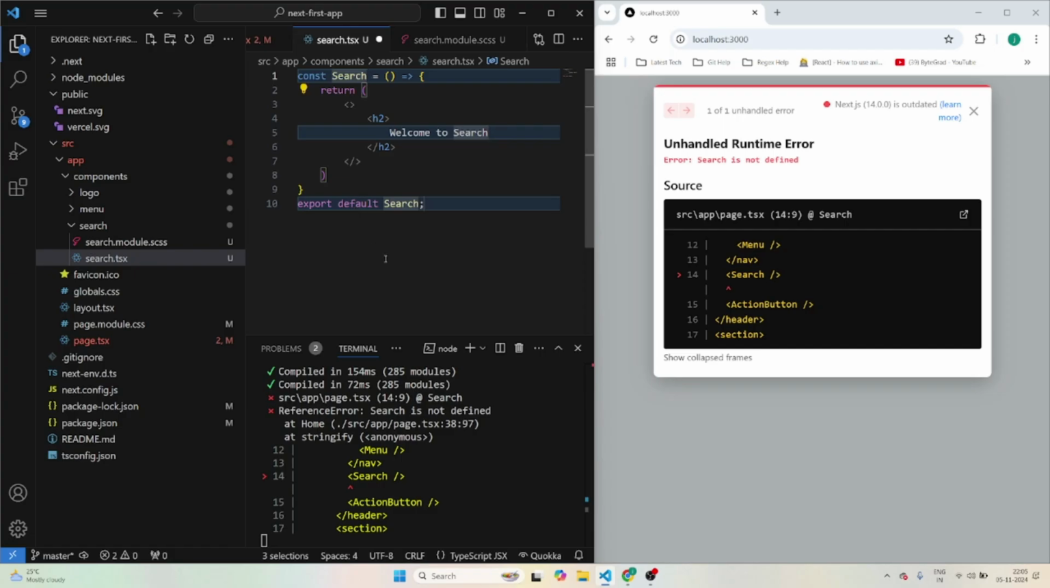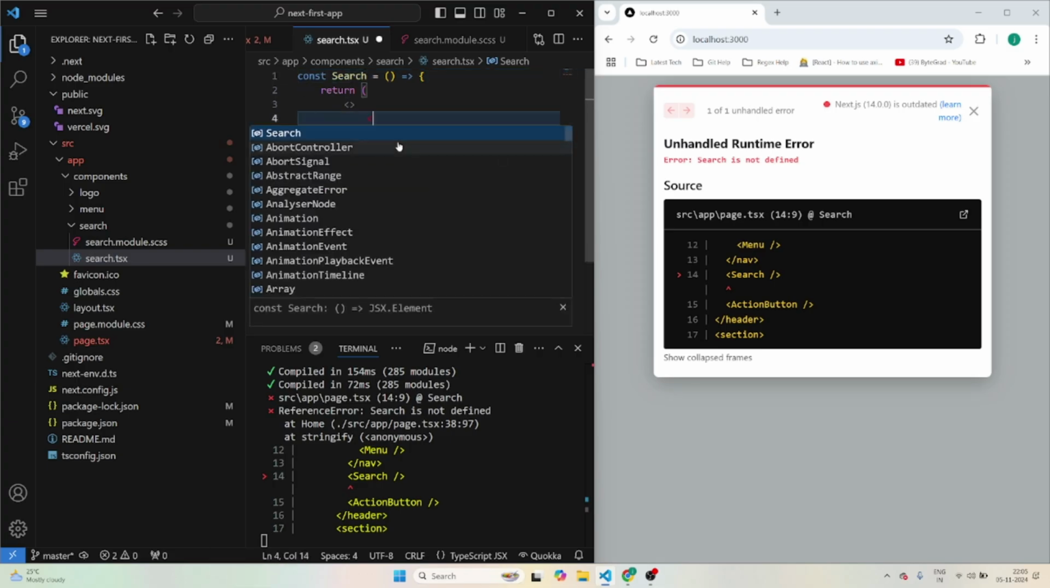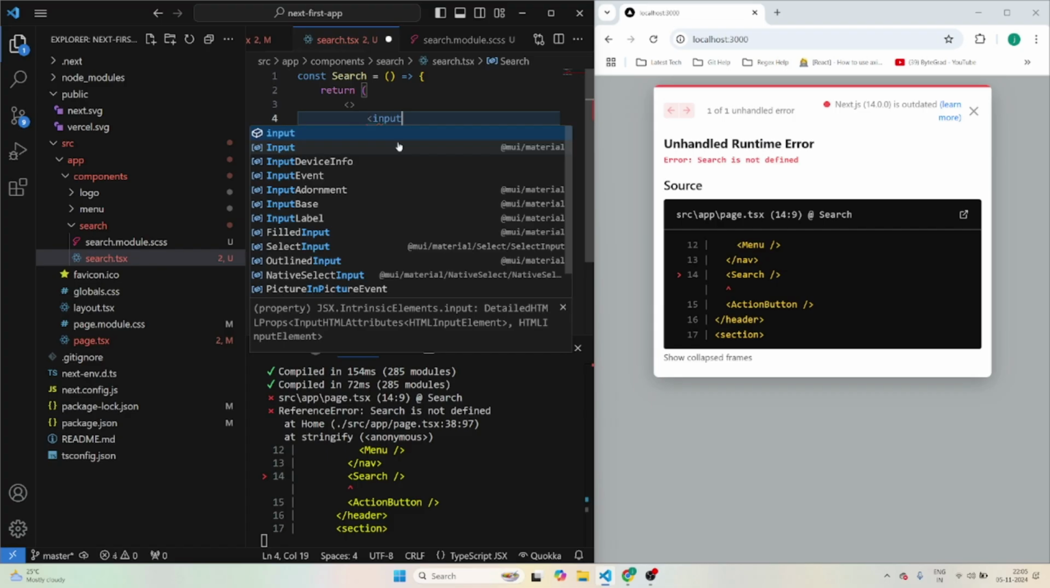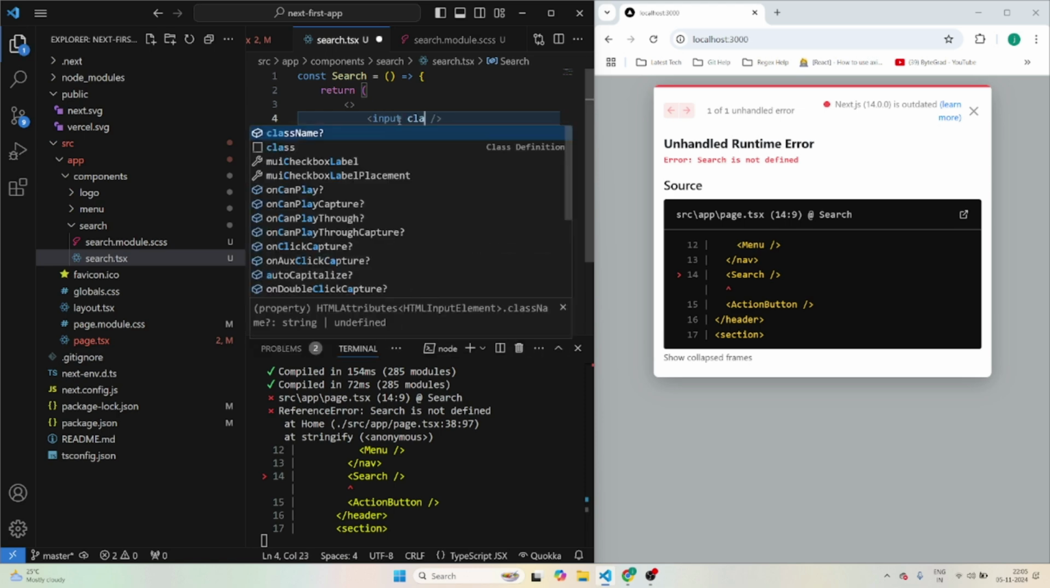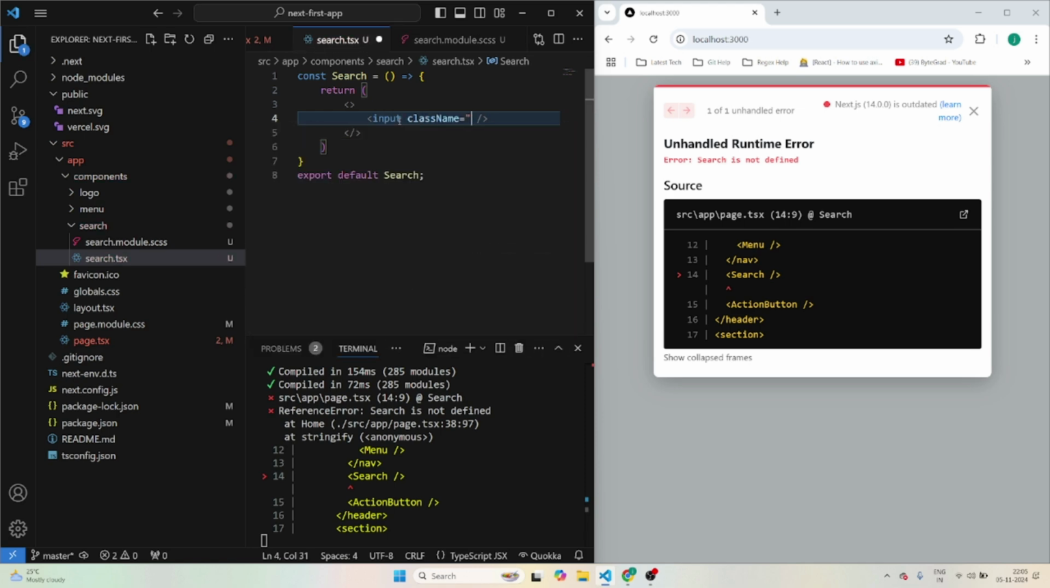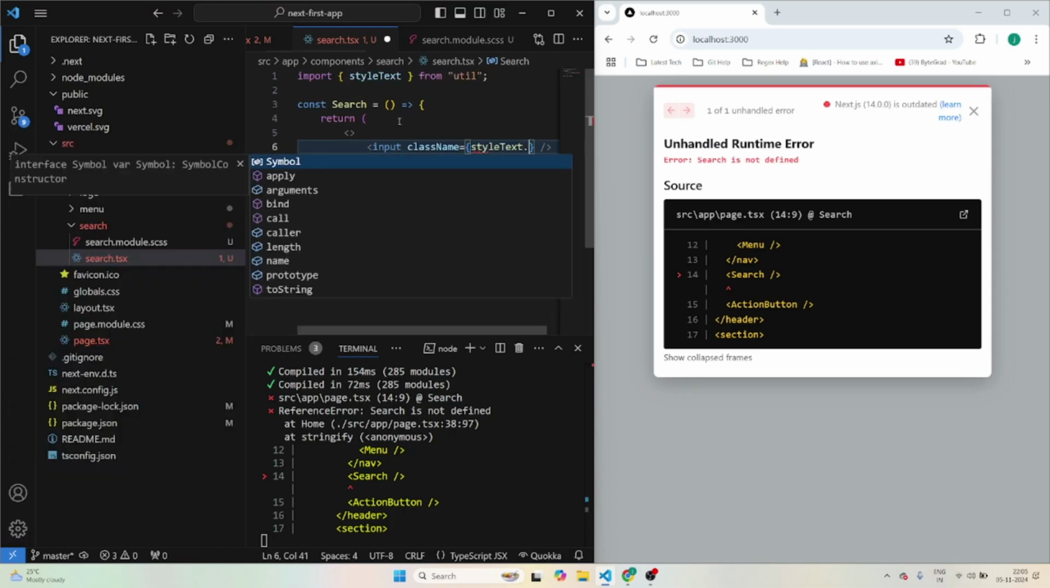Okay, and inside the search I'll just define the component search, and inside we can add an input, right? I'll add a simple input. Maybe we can modify it later, but for the time being maybe we can use an input. I'll add a class to this thing. Class name, let's put it like styles dot,